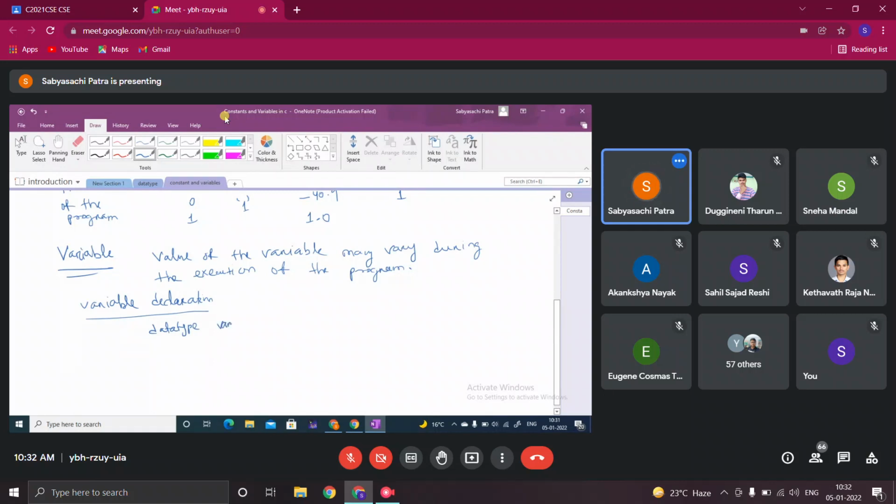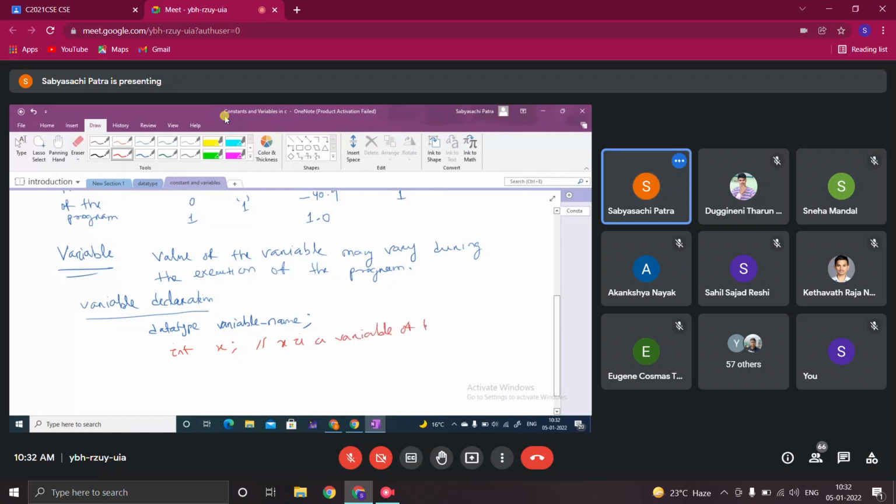You need a data type, then the variable name, then a semicolon. For example, if you want to hold an integer value, you use the data type int x.